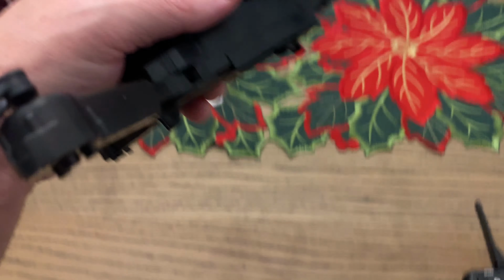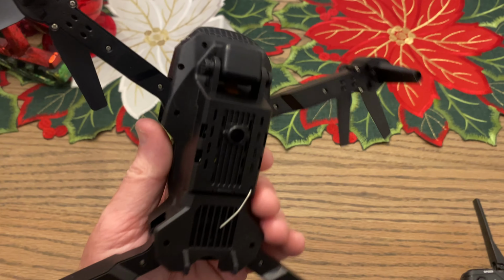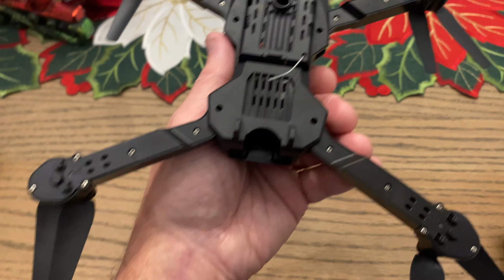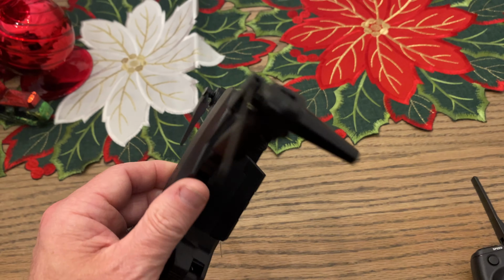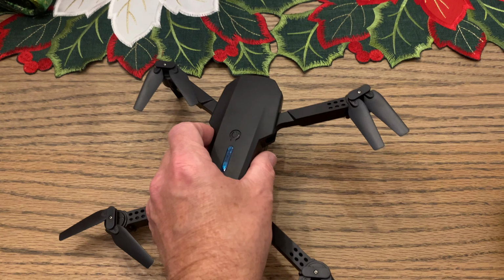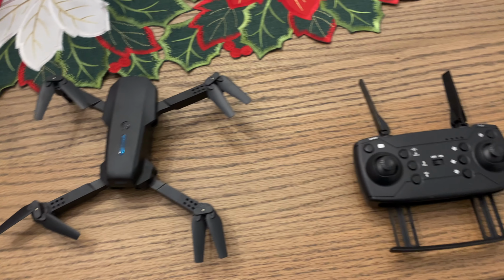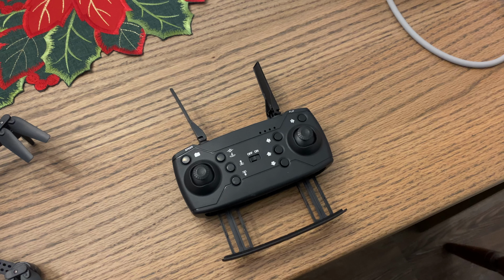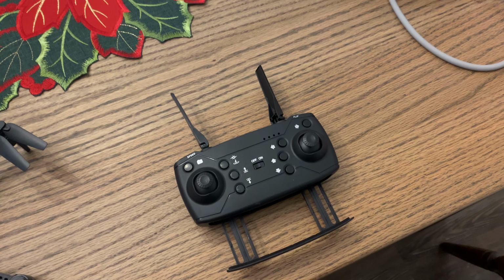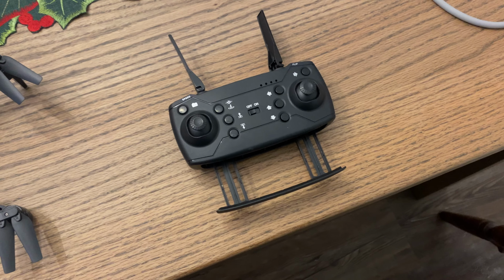Once again, I have looked all over this thing and I can't find any identifying features, any model numbers or serial numbers or tags. I didn't find any on the battery either. I'm charging that now. If you've seen this beast before, or you think you know the family, let me know, because if I can get this thing flying,